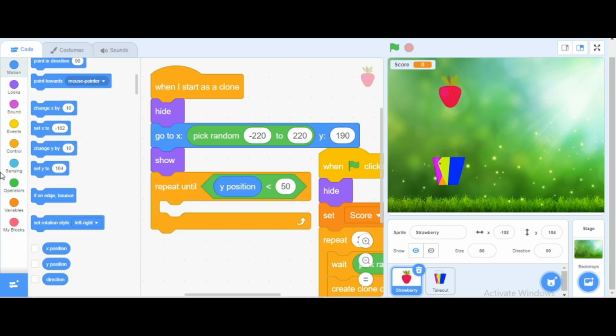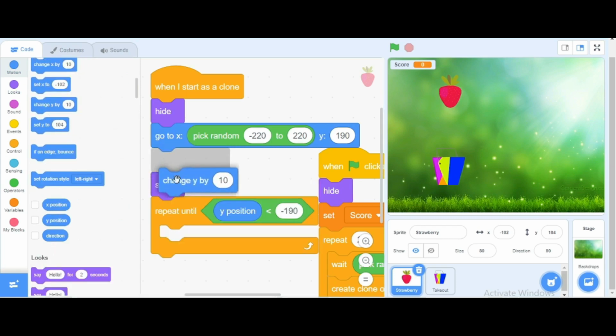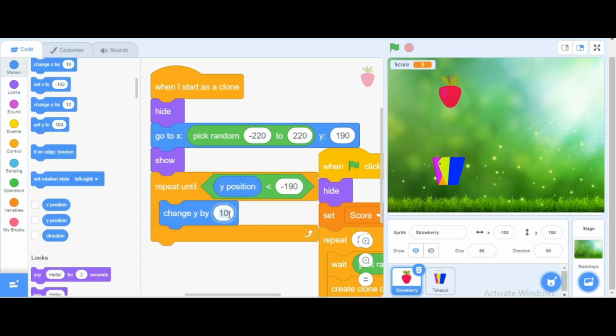If y position is less than minus 190, here we have added y position 190, so here we are going to change it to minus 190. Okay, now go to the motion and here we are going to add change y. So change y by -5.